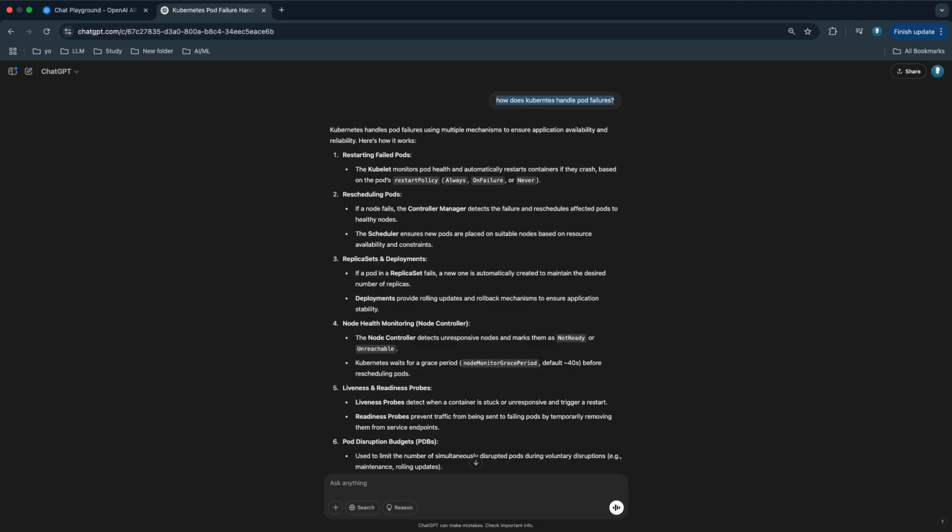So what did we learn today? Fine-tuning ChatGPT allows us to create domain-specific AI models that provide more accurate and structured answers compared to default or generic models. This is super useful for custom assistants, interview prep